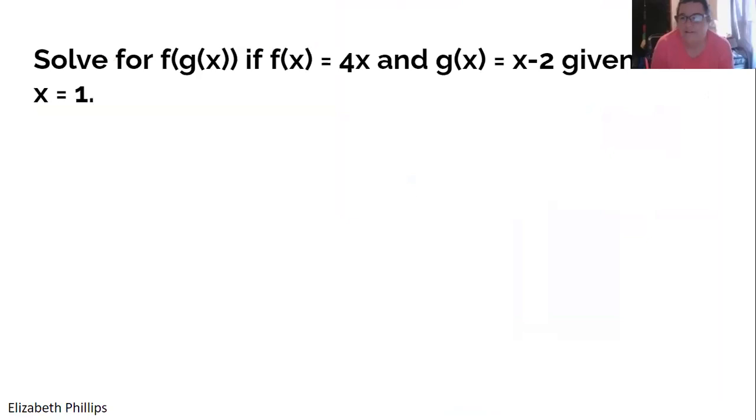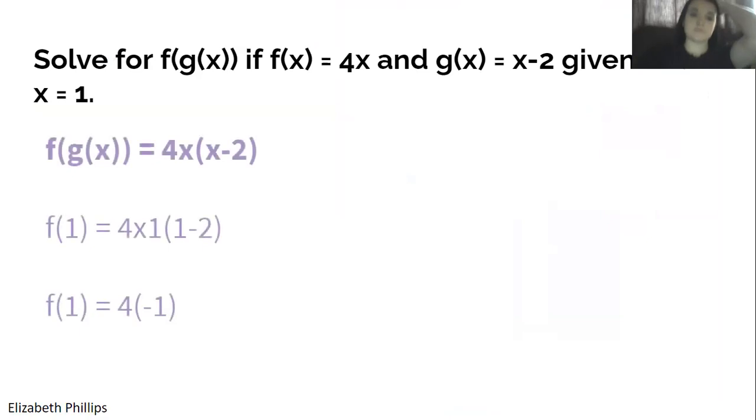Okay, so question 2. Elizabeth, solve for f of g of x if f of x equals 4x and g of x equals x minus 2, given that x equals 1. So we're going to start out with our initial equation, f of g of x. We're going to plug in 4x for our f and x minus 2 for our g. So when we plug those in, we're going to have 4 times 1 times 1 minus 2. We're going to follow the rules of PEMDAS and do what's in our parentheses first. 1 minus 2 is going to be -1. And then we're going to do